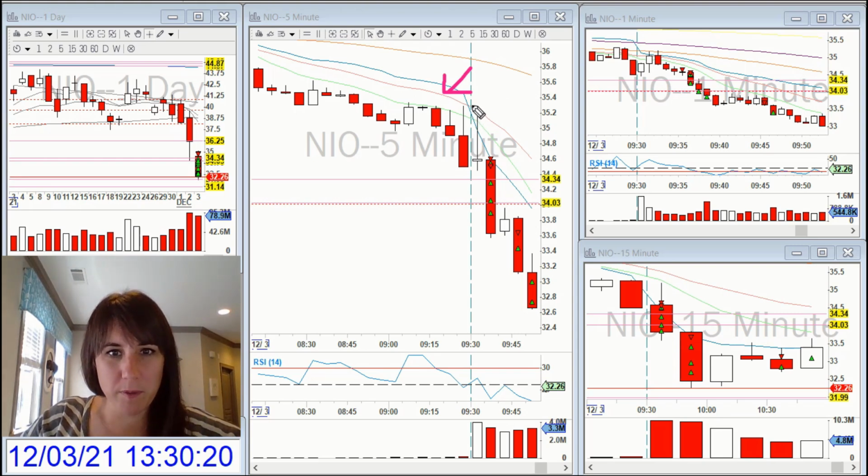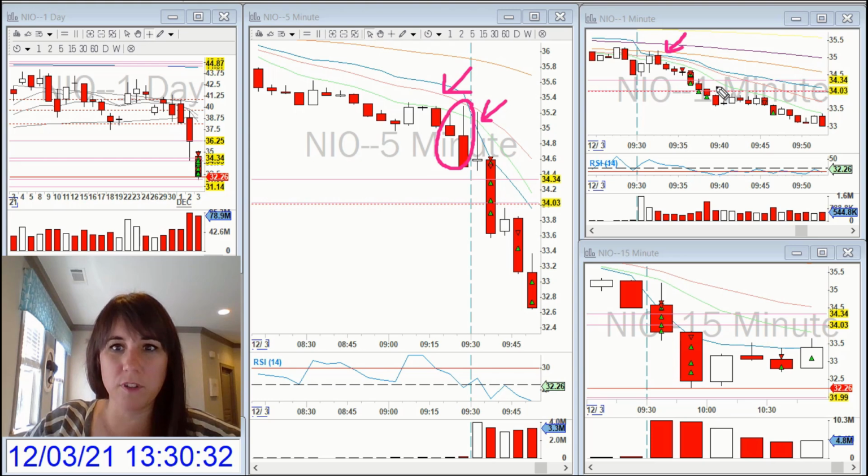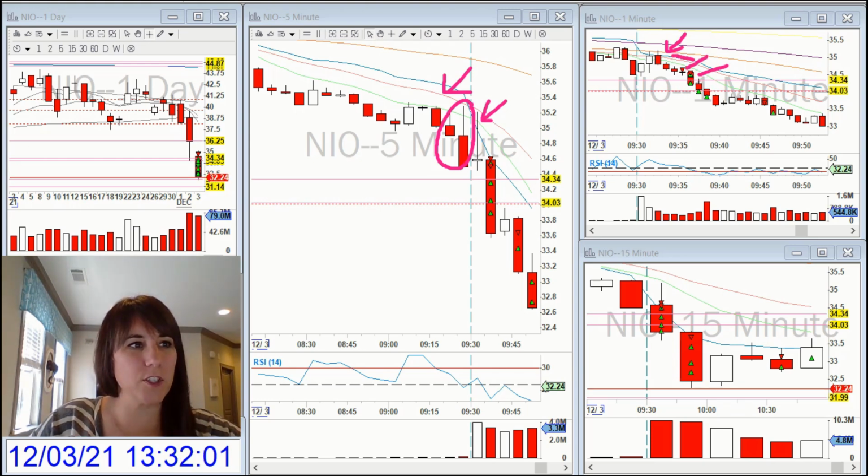And in this 5-minute candle pre-market right here looked really nice and bearish, and then it came back up and retested the VWAP, and as you can see, it did it on the 1 minute as well, and it started making new lows. My first entry,